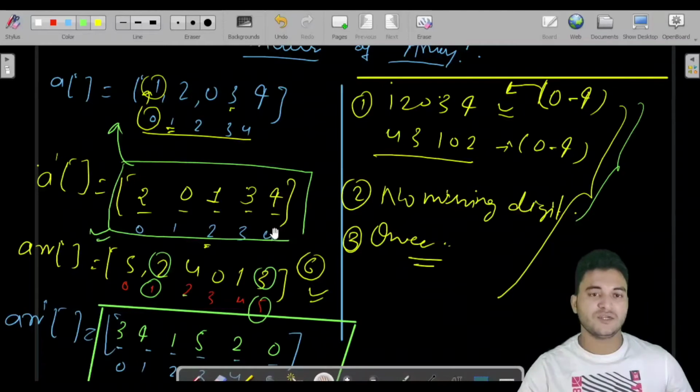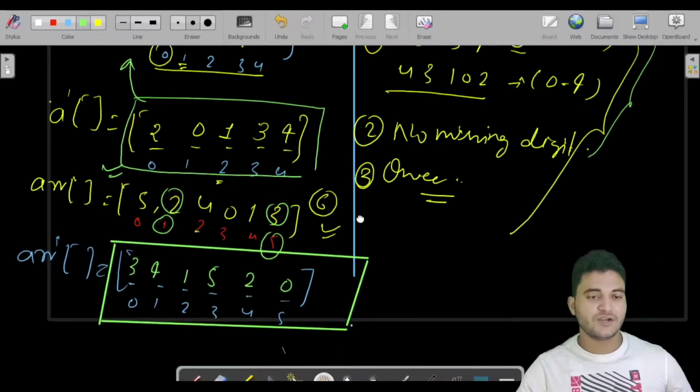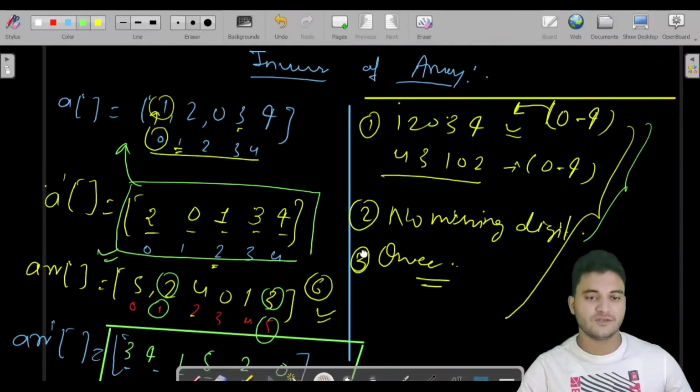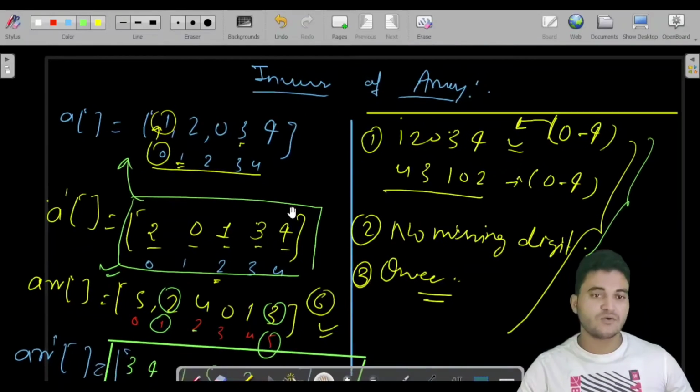This question is from LeetCode, but I would not be solving this question on LeetCode. Rather, I would be solving this question on my local machine. So this is the question. You can take a look again, and if you are confused with this, then you can reiterate this video till here, so that you do not have any confusion. So the code is going to be very simple.